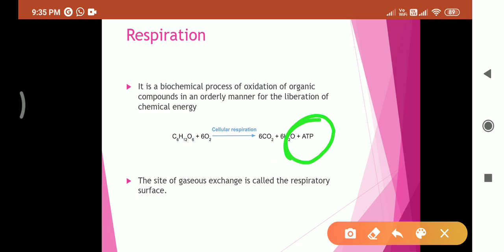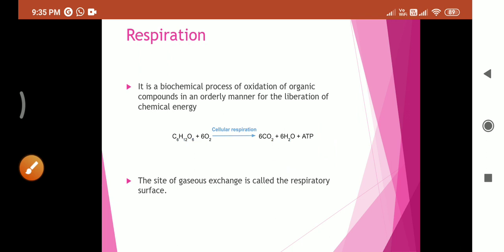And the last one, how is the energy formed? When you break something, some energy is released. Here the glucose is also broken down. After this breaking, what is formed? ATP, a chemical energy that is liberated. How many molecules of ATP? There are 38 molecules of ATP in one respiration. Each time we respire, this energy is formed, right? I hope this is clear to you all.